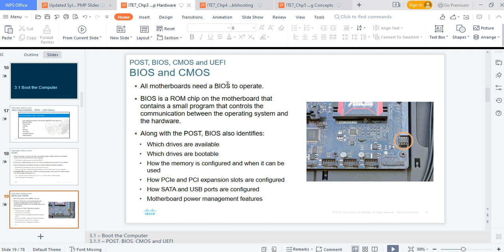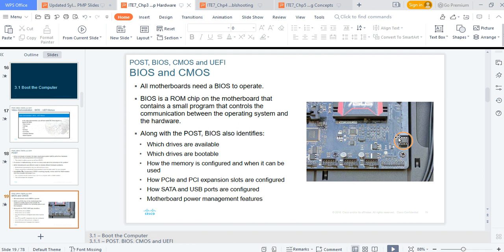All motherboards need a BIOS to operate. The BIOS is a ROM chip on the motherboard that starts the scan. If it's bad, the system will never boot. I repeat that again: if it's bad, you have to replace this, or you get a new board entirely if it's corrupted. Why? That is the main guy. That's the guy that does the first thing. I have a laptop in the office that has a corrupted BIOS,